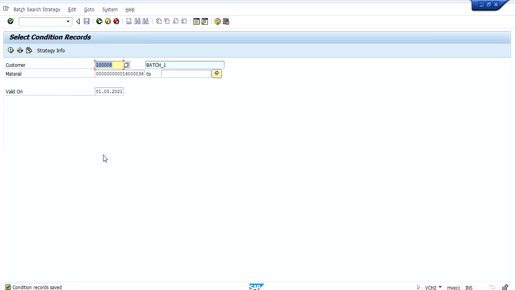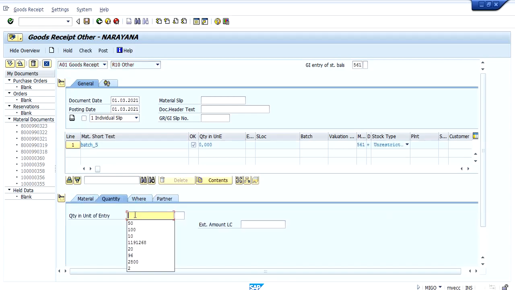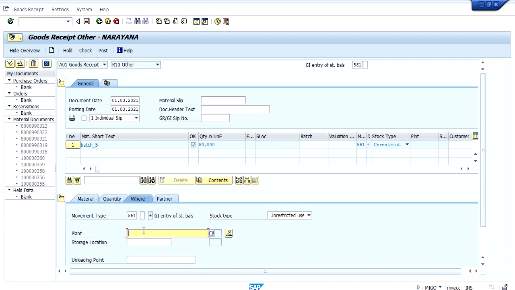So once done, whenever we are doing goods receipt, enter the plant. Let me change the posting date.